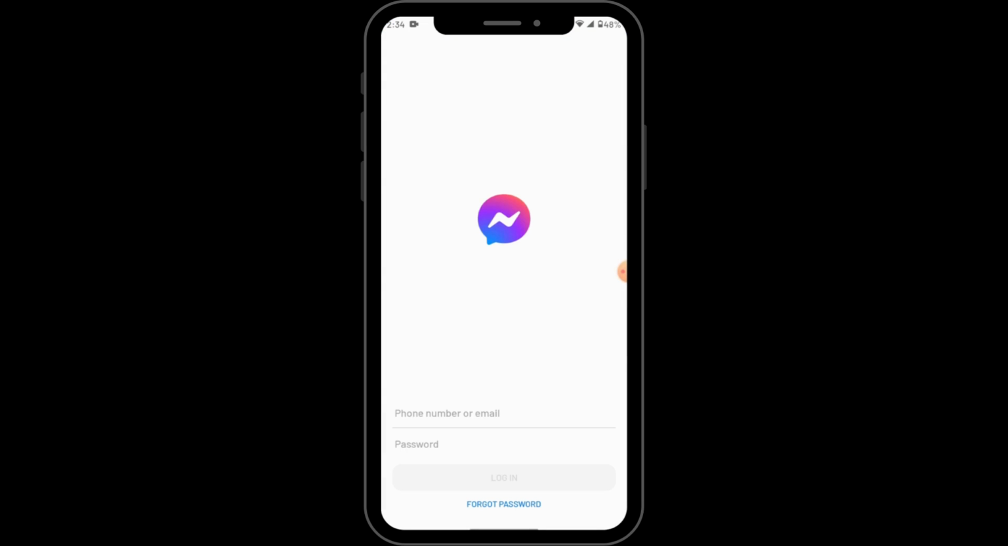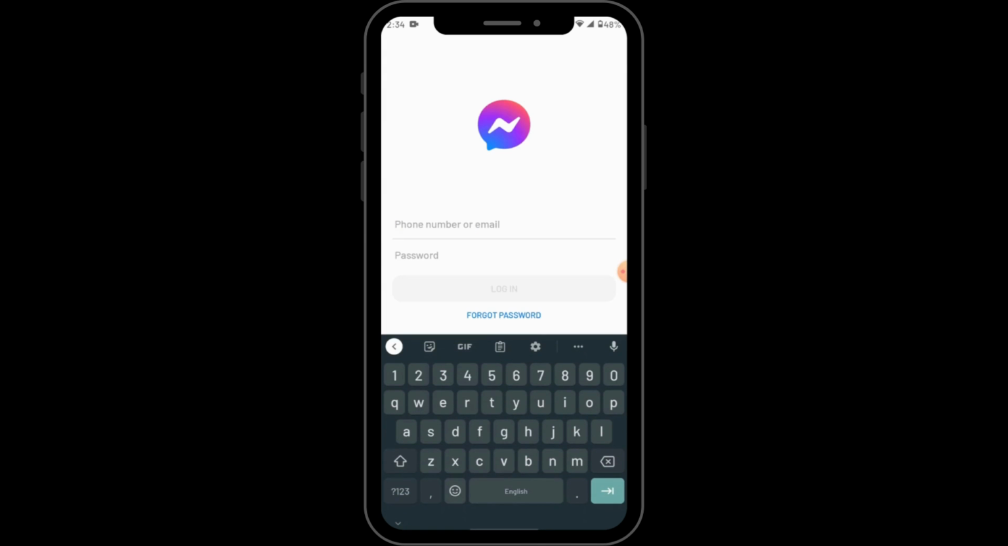and after opening your Messenger Lite, you have to first enter your phone number or email, and then you have to enter your password to log into your account. But if you forgot your password, or if you want to recover your password, then you have to tap on forgot password, which is on the bottom,